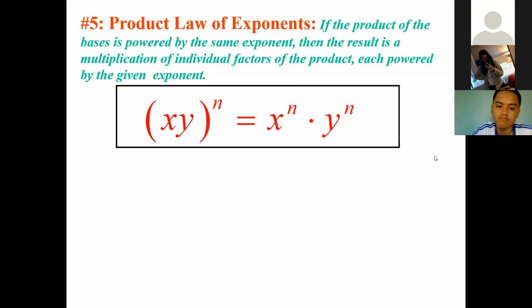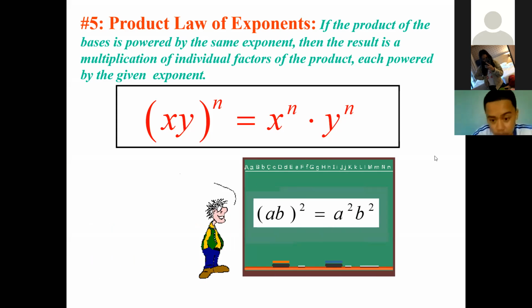So, parang i-distribute natin yung exponent n to x and to y. Okay? So, as an example, we have here, ab raised to the power of 2, magiging sagot niyan ay a squared b squared. What if the given is a b squared raised to the power of 2? Pag yung given natin ganito, class, a b squared raised to the power of 2, magiging sagot niyan ay a squared b to the power of 4. Bakit siya squared? Because again, this is understood to be 1. 1 times 2 is 2. 2 times 2 is 4. Ganun lang kadali. This is what we call as power of a product rule.